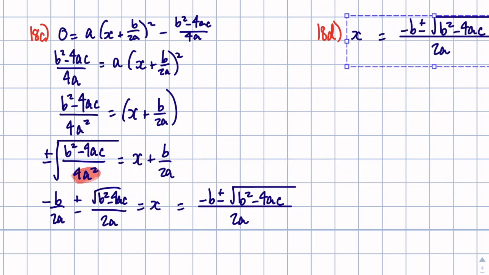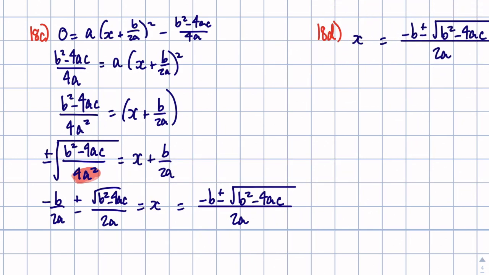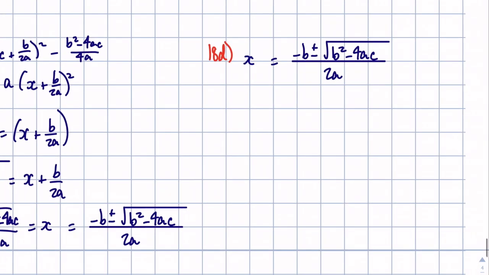So I got this thing, yeah? Which means x equals, I take it over the other side, x plus b plus minus, the square root of b squared take 4ac